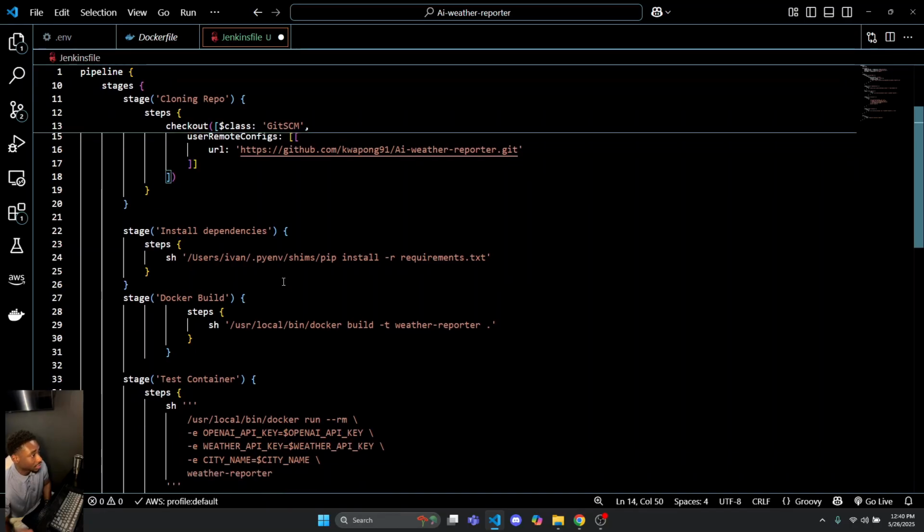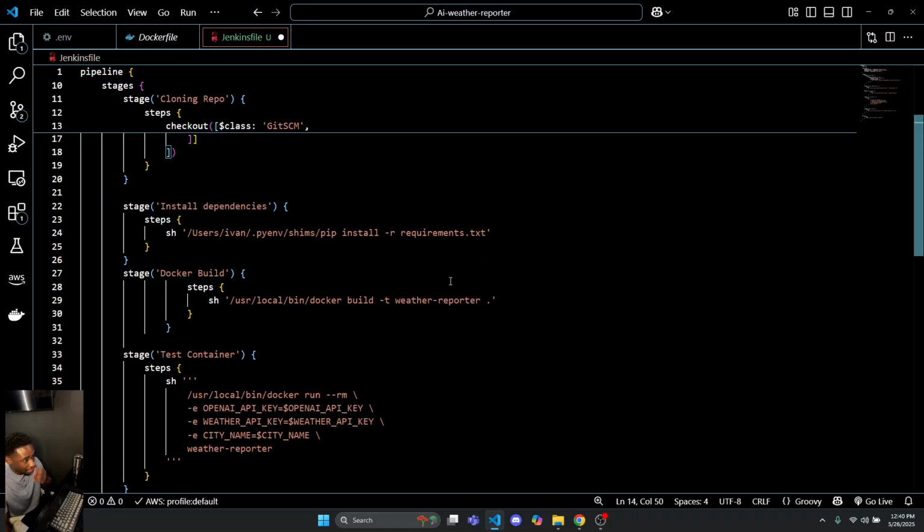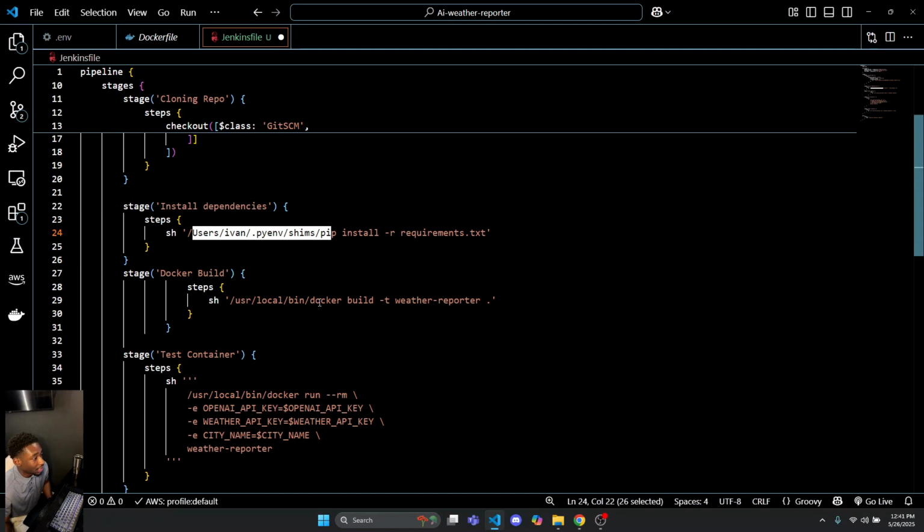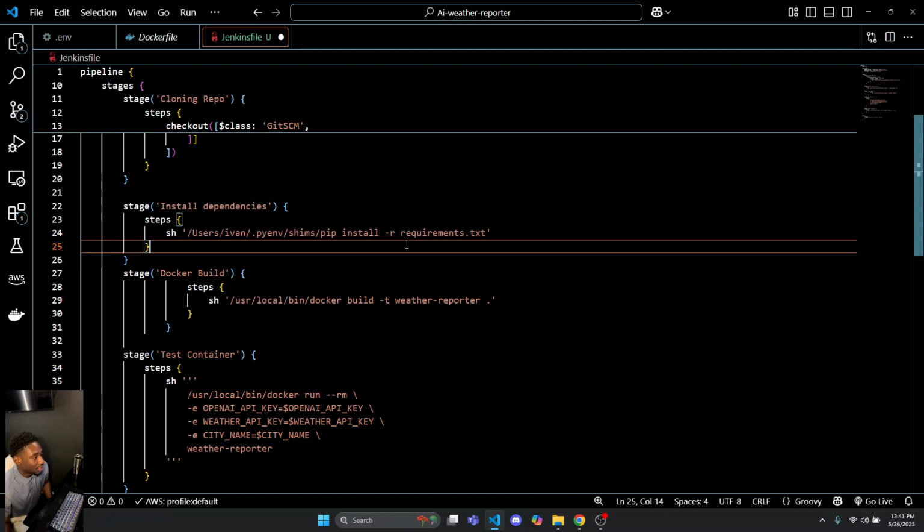The next step is installing the dependencies from the requirements.txt file, sorry. And we're using pip. The reason why you see me specifying the absolute path for pip right over here is because it helps me avoid getting the command not found error. So it allows Jenkins to know exactly where to get that tool from